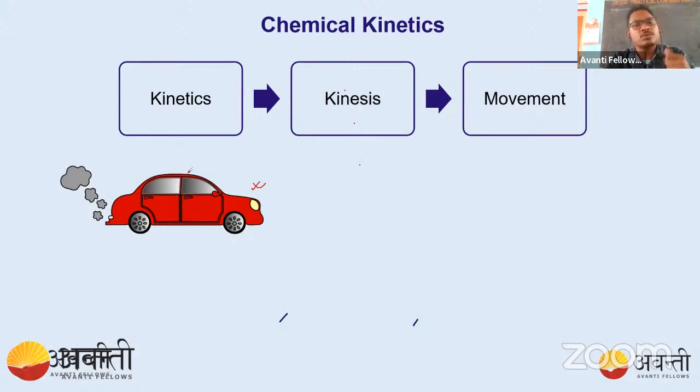Because they give us different types of power. That means the rate of consumption or capacity of those fuels is different. In this chapter we are going to study the rate of consumption, how they consume per unit time. Actually we are discussing movement. Here you can see we have two particles, they combine to form some product. We will discuss the speed at which they collide to give us the product.